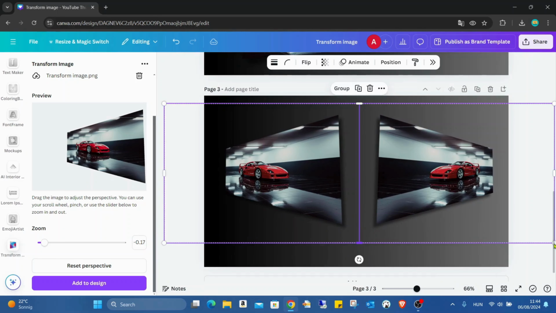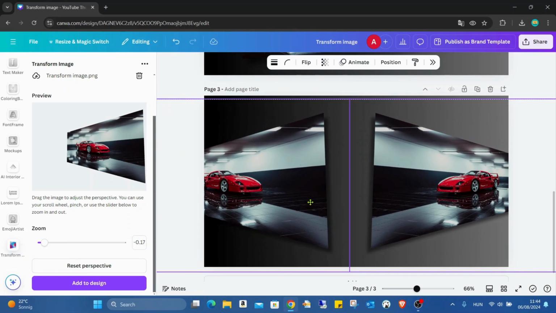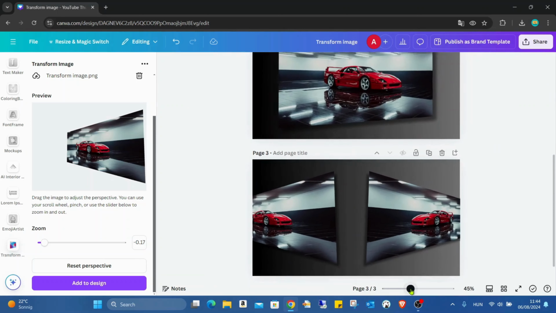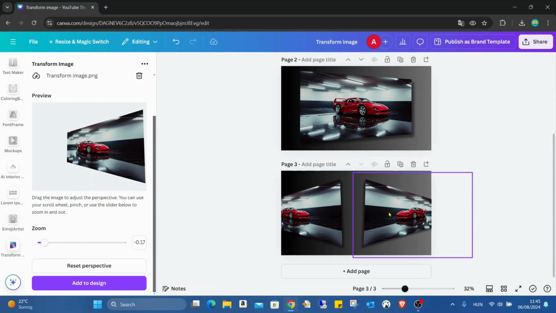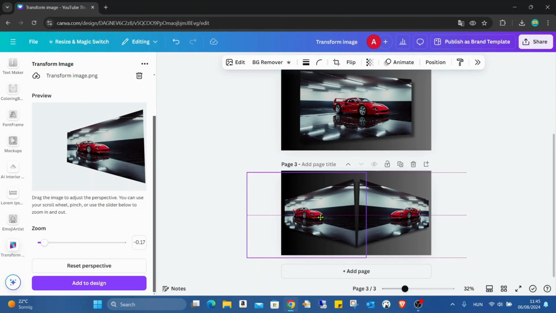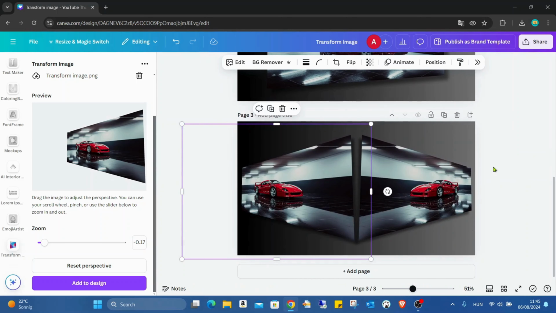And I can select both pictures. Then I can zoom in a bit, just to have the same size for the two pictures. Maybe I'm moving them a bit closer to each other. As you can see,